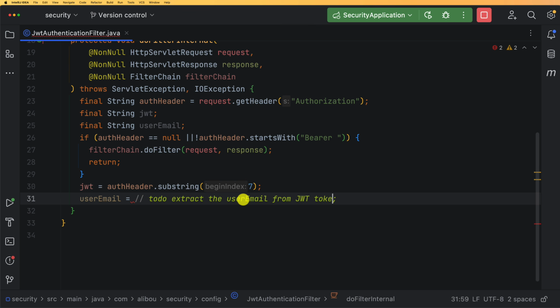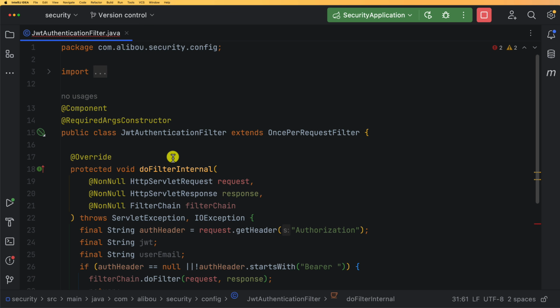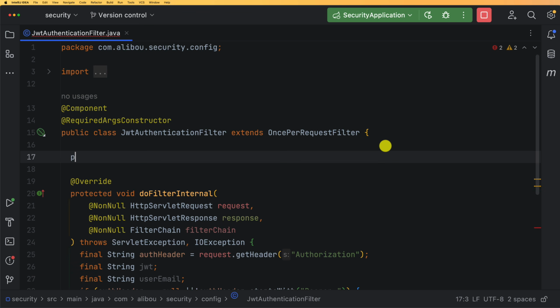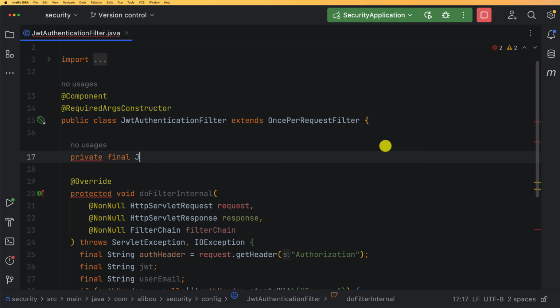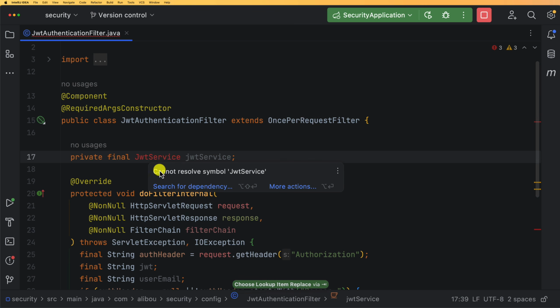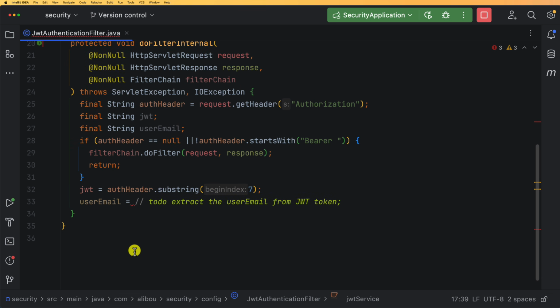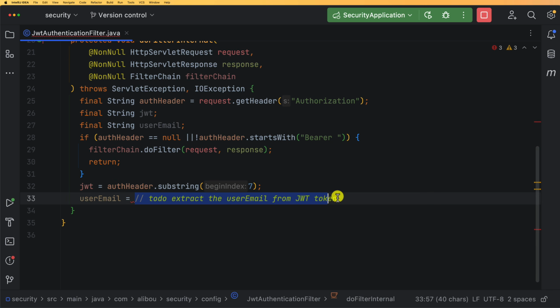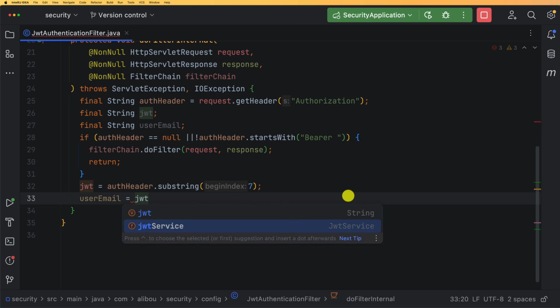So to extract the user email from the token, I need a class that can manipulate this JWT token. Okay, so let's now implement this class. I will just create my class here, private final, I will call it JwtService. I don't have this JwtService yet, but within it I want to use a method that I will call, for example, extractUsername. So let me call this jwtService dot